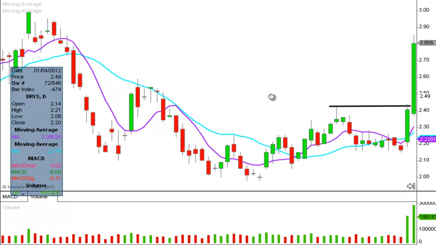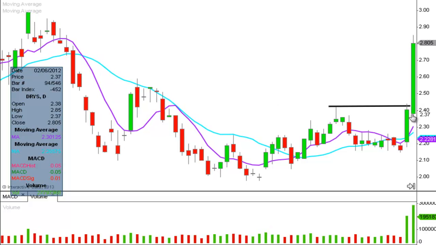So the next day you can see it opens up slightly below and comes up, and then just even more volume, boom. We definitely have a short squeeze going on here, and so you would hop in. Now as soon as you hop in, you need to add in some sort of stop loss. So looking at the previous candle or previous support levels in general, I would put my stop loss